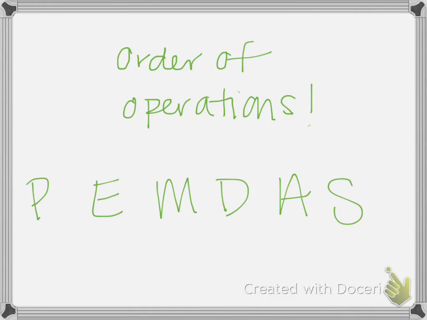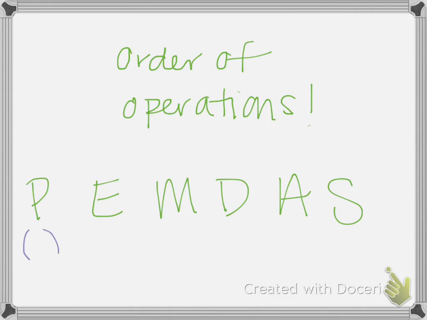So order of operations. We're going to be using different types of integers, whole numbers, natural numbers. We could even throw in some rational numbers, so some fractions, in the order of operations. So order of operations is PEMDAS. PEMDAS can also stand for Please Excuse My Dear Aunt Sally, or some other ways that you guys have thought of it. So the P stands for